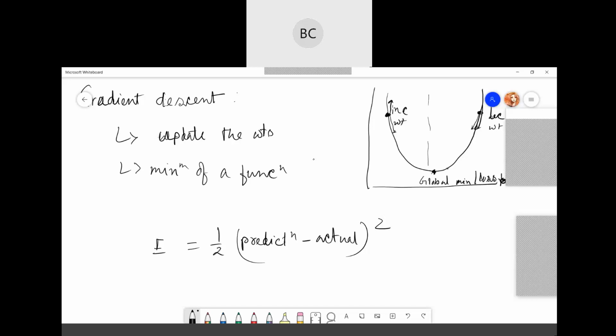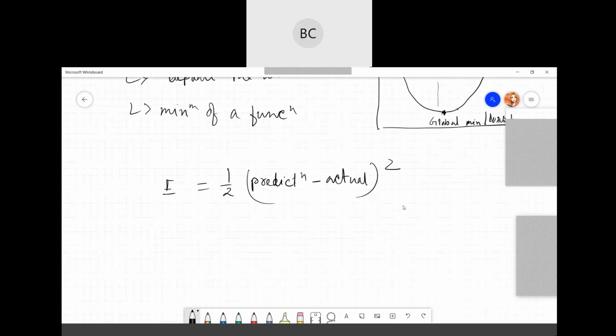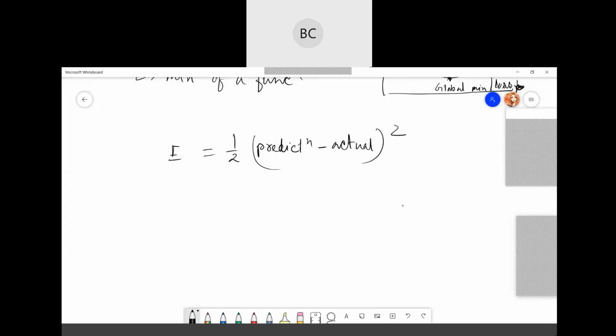Gradient descent finds the derivative with respect to the particular weight. Gradient descent updates your weight values with the help of this function.